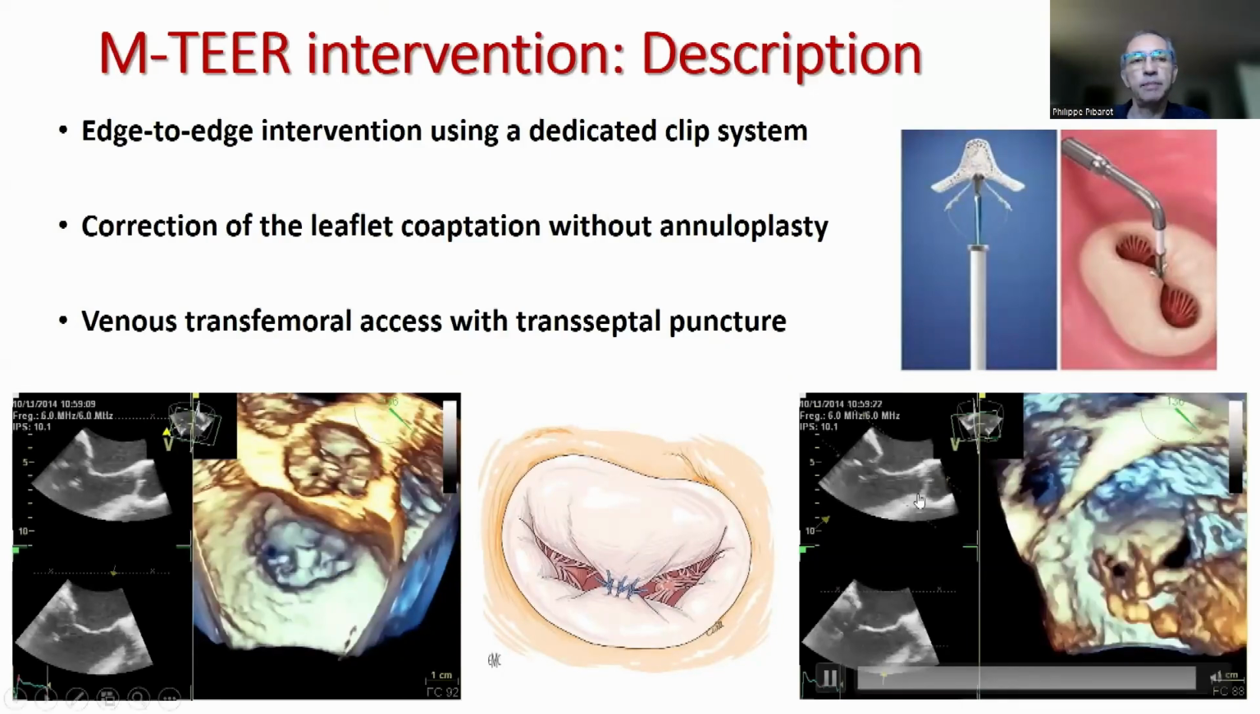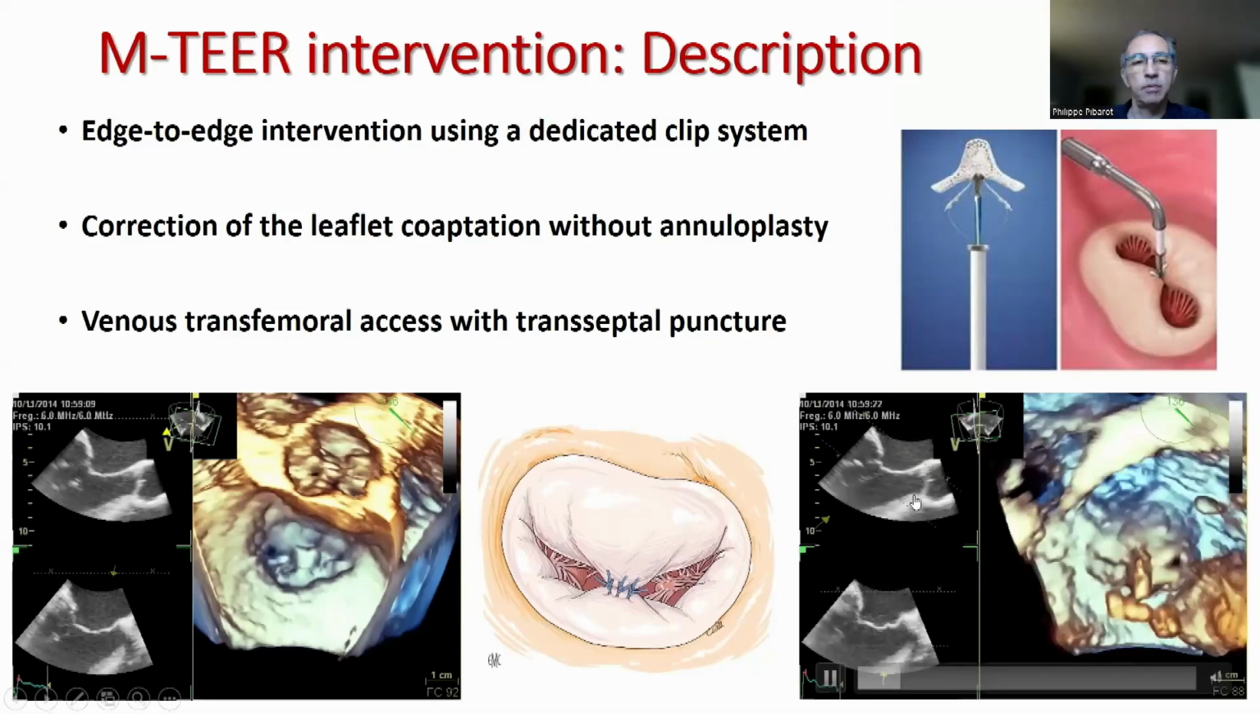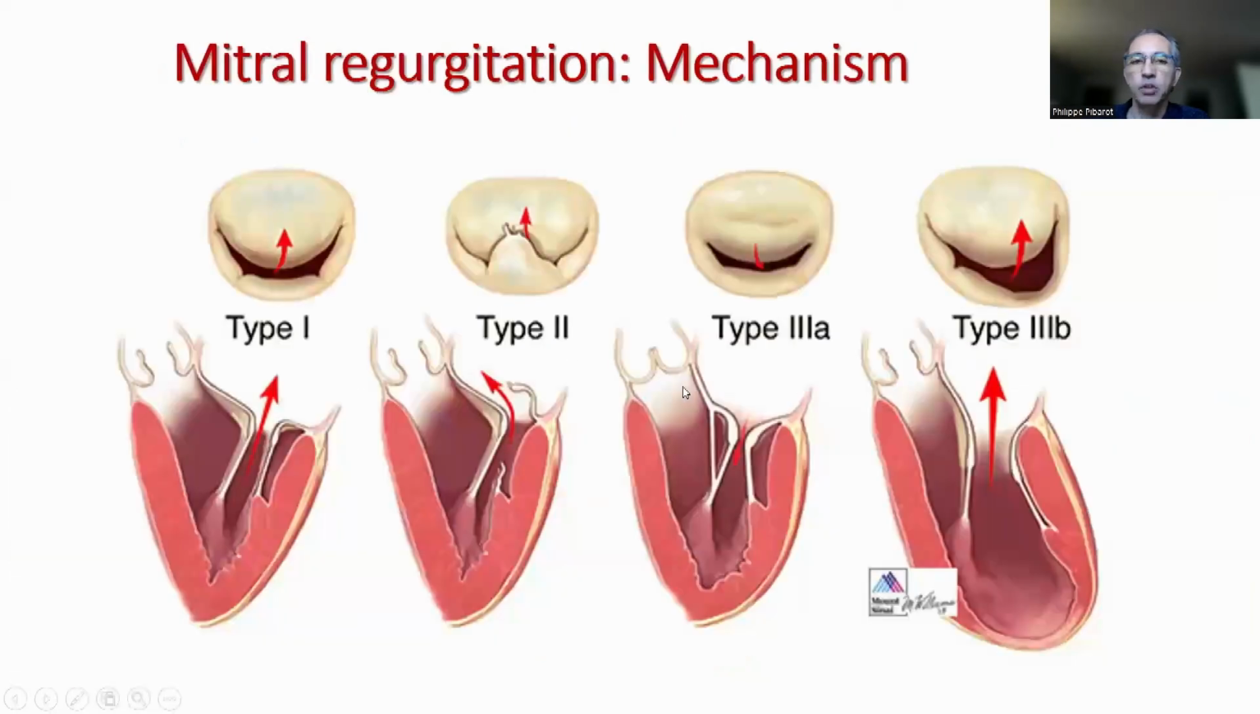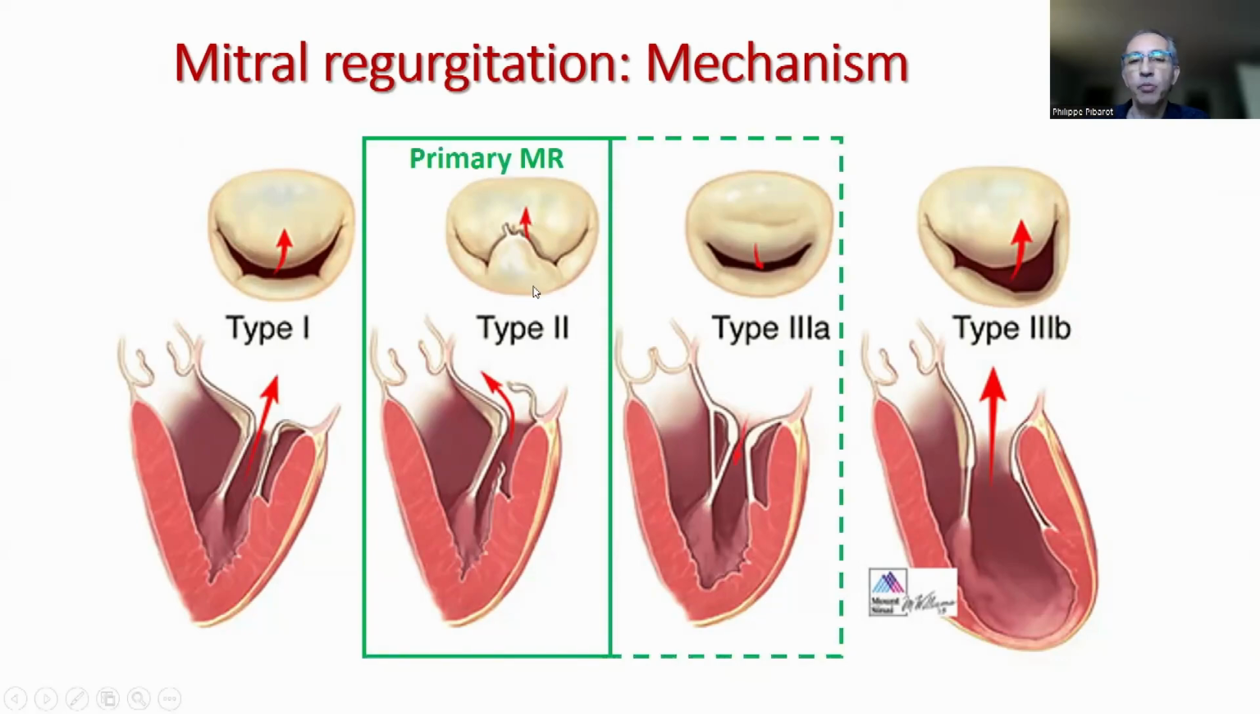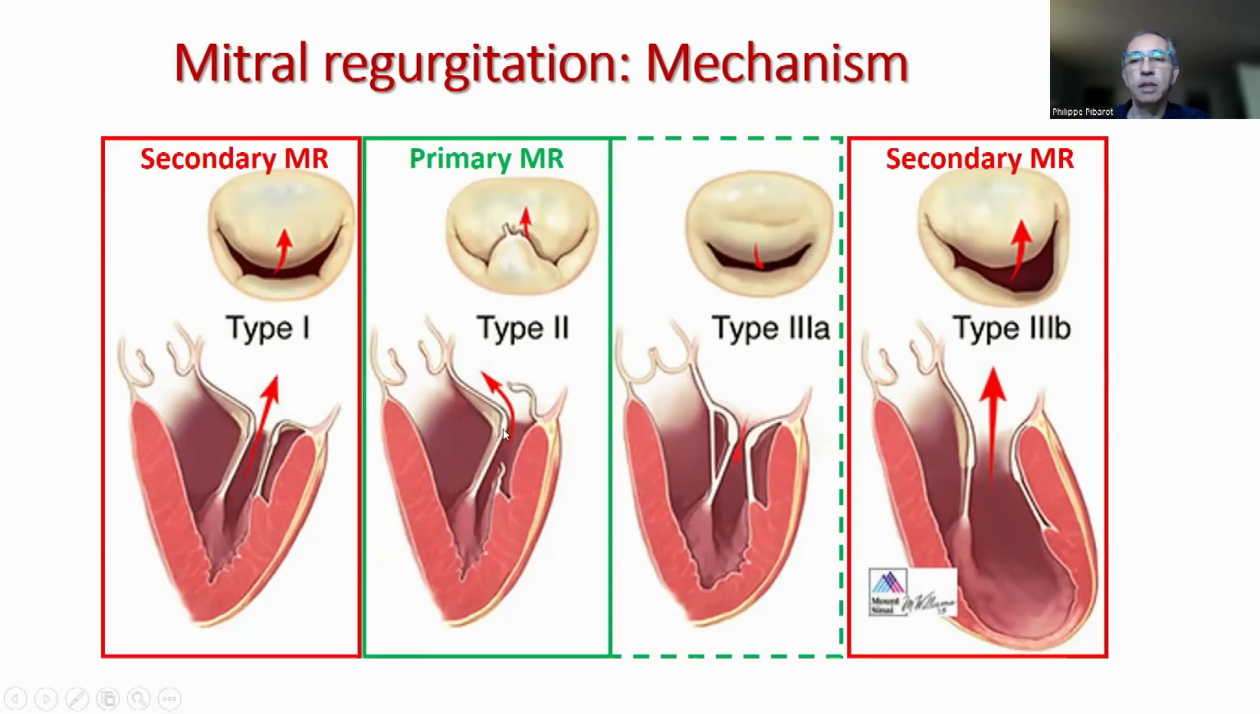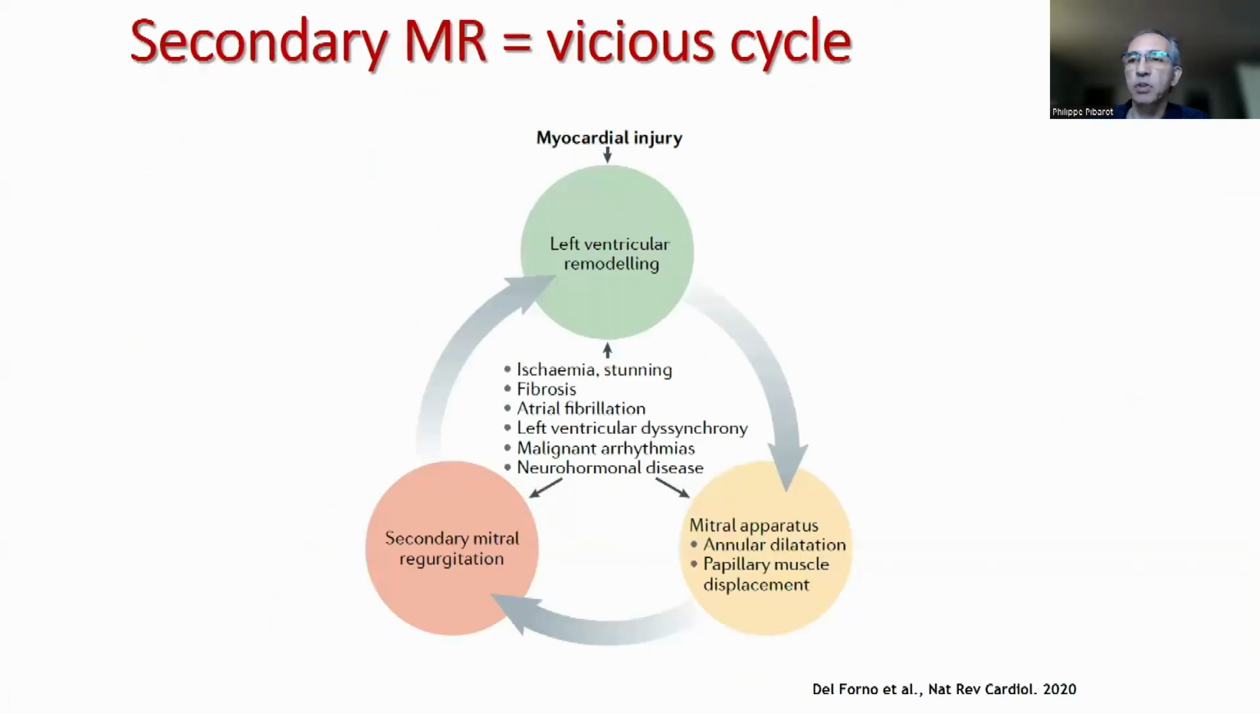For TEER, we have several devices, the MitraClip and Pascal, that allow for edge-to-edge intervention and correction of the leaflet coaptation without annuloplasty. As you know, we treat two etiologies of MR. The primary MR, essentially the type 2 with the mitral valve prolapse, and the secondary MR, especially the type 3B, according to the Carpentier classification. And let's start with the secondary MR because maybe it's the more challenging, and